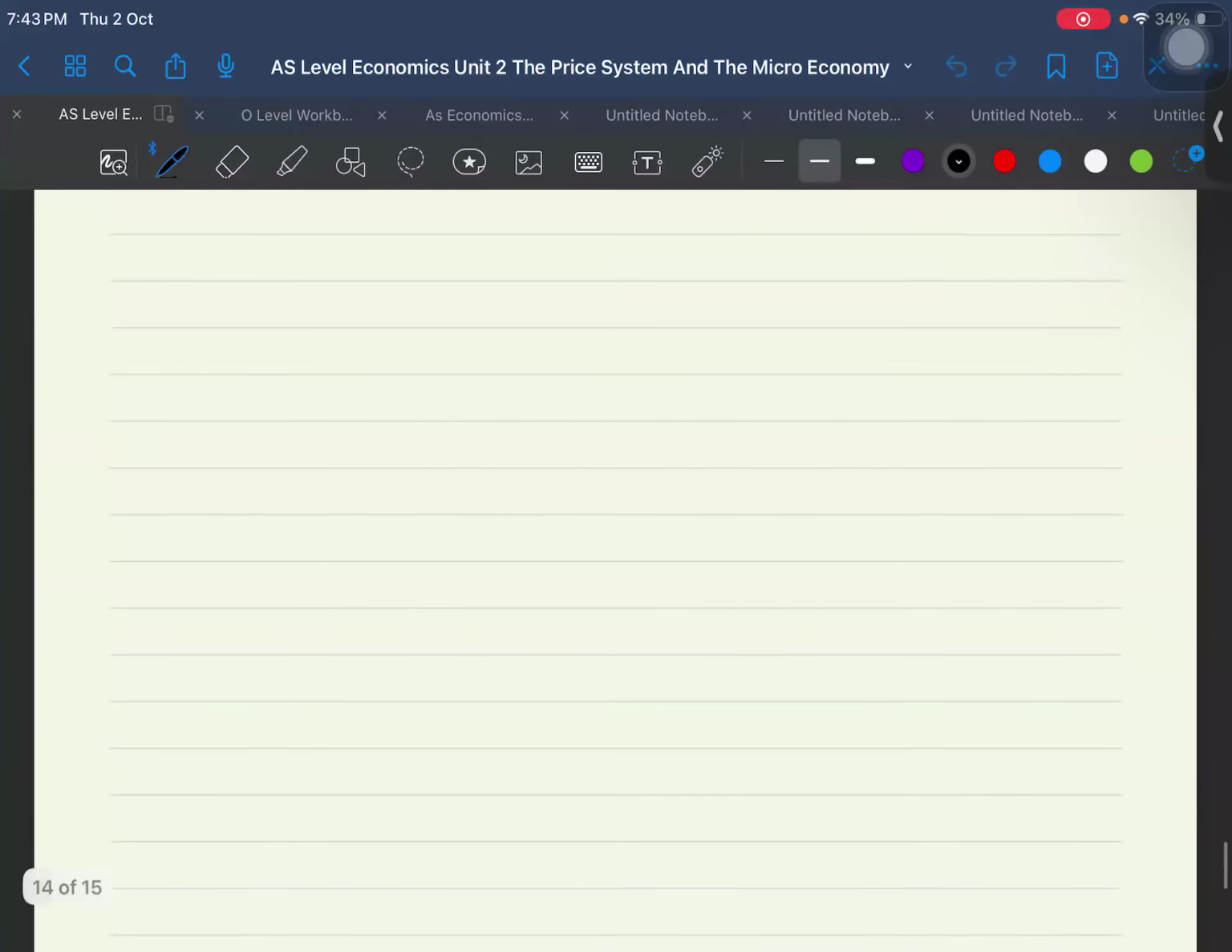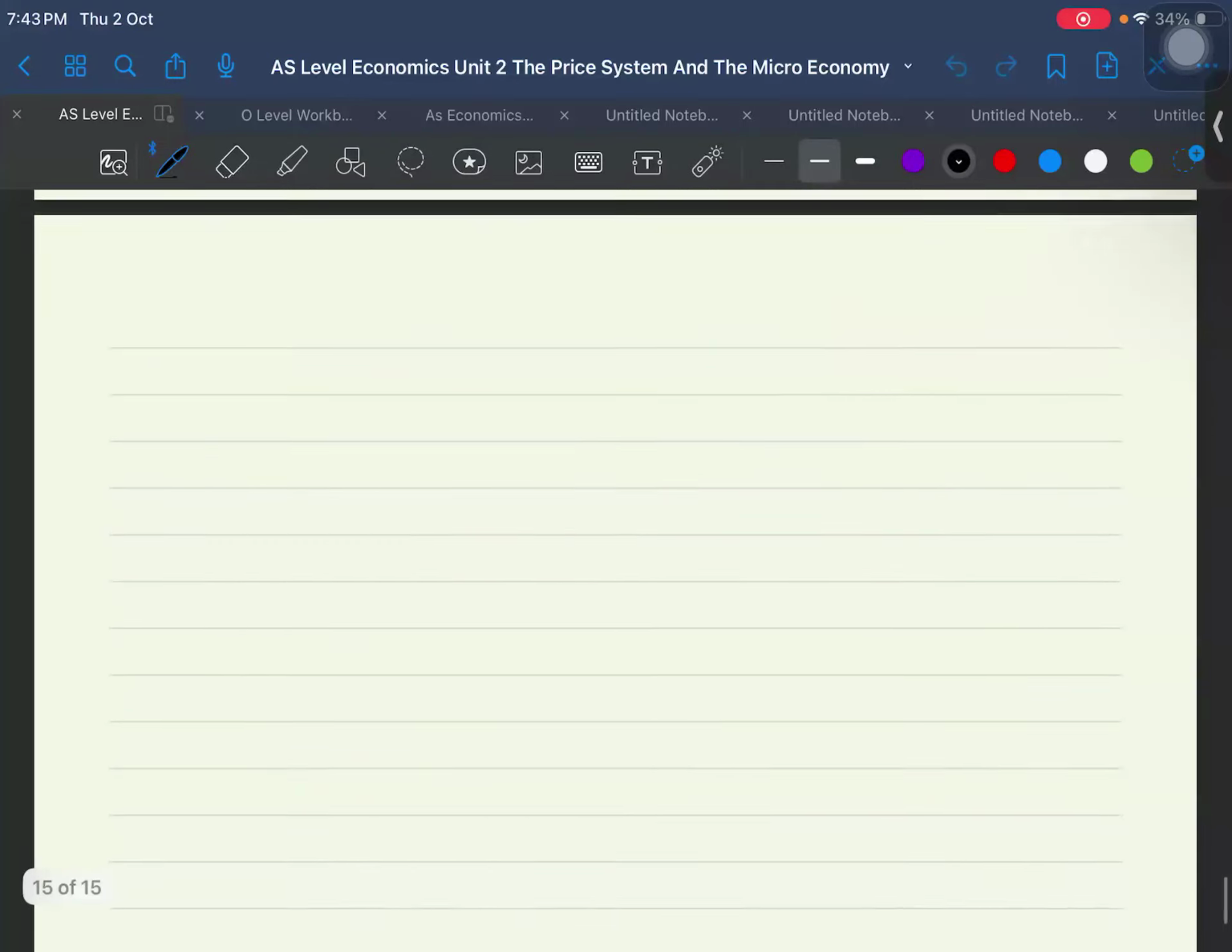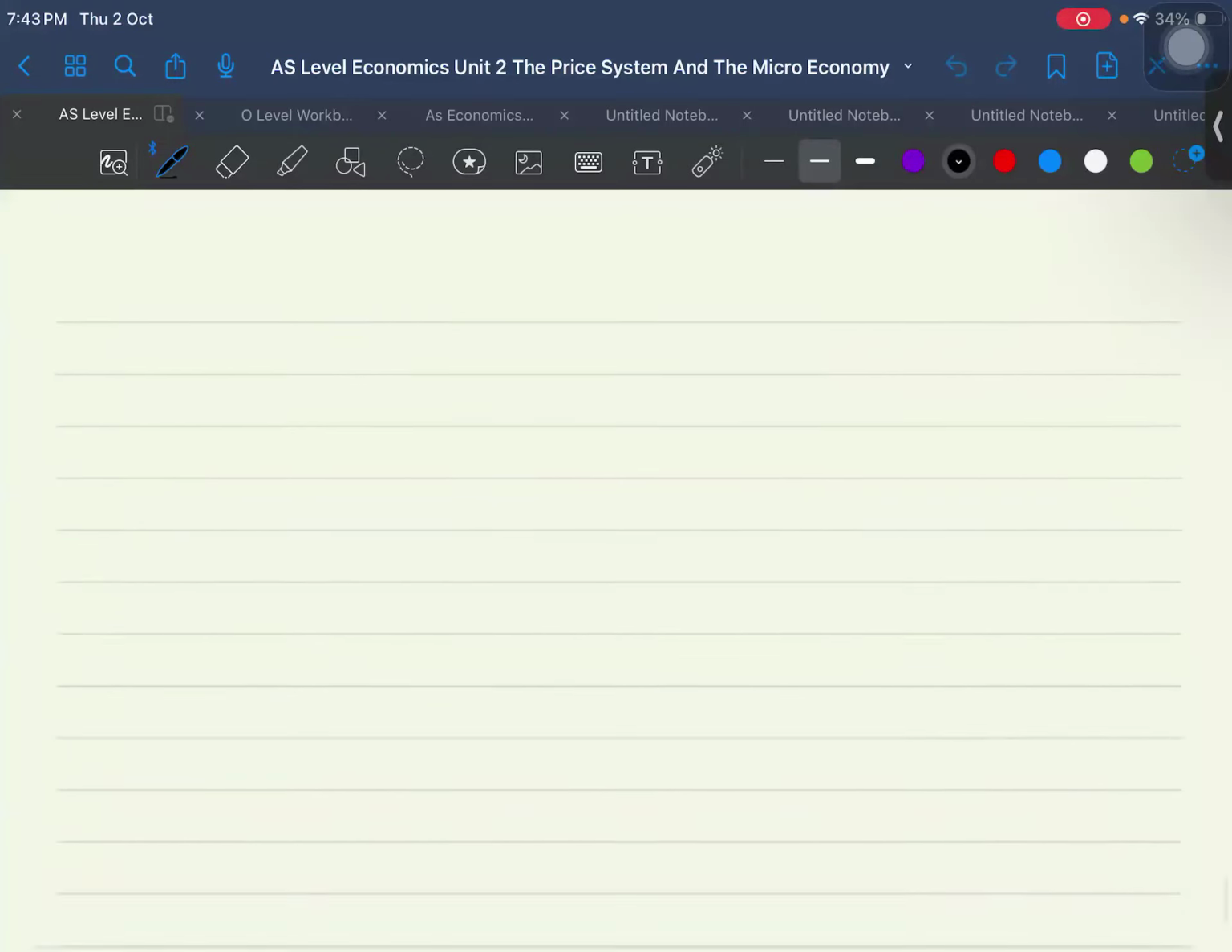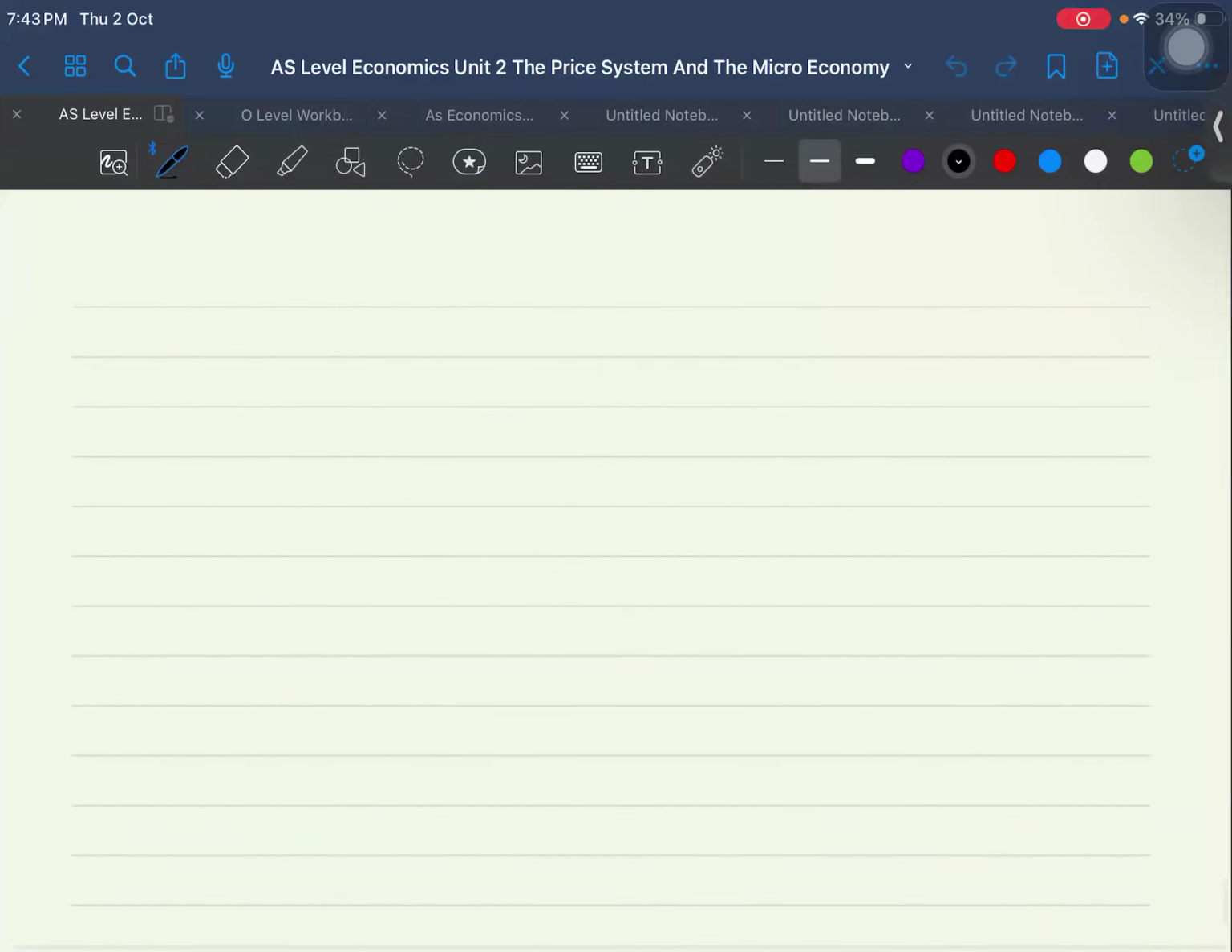Okay, so guys, here we are. We're drawing the diagrammatical cases, and we'll start from the basic diagram. That is the diagram of demand. I'll just write down the heading at the first place. Cases of